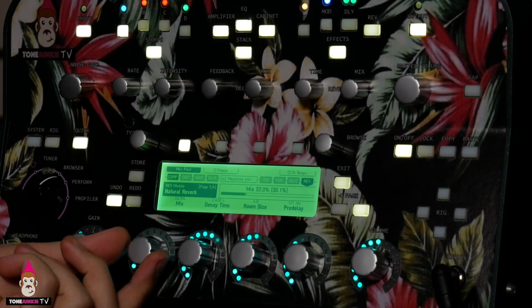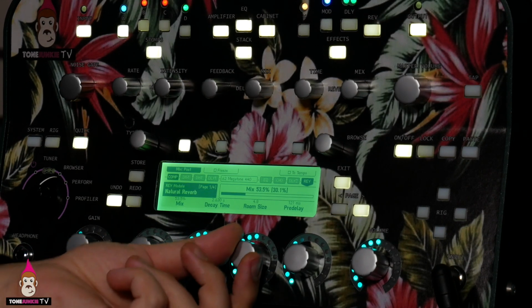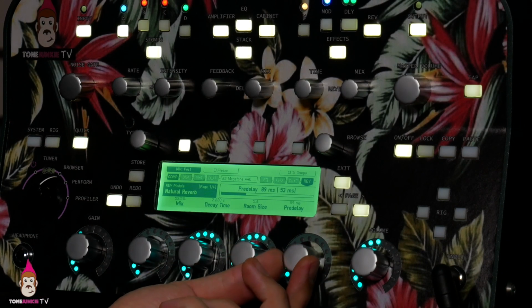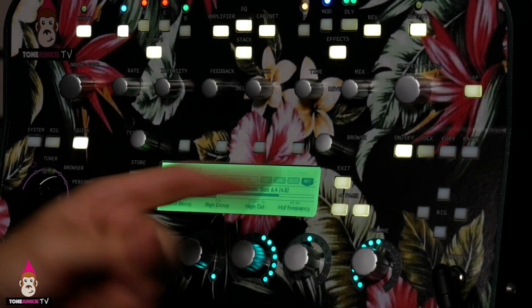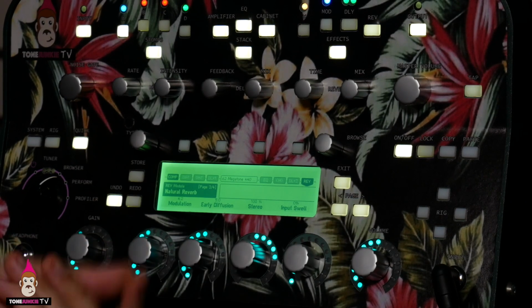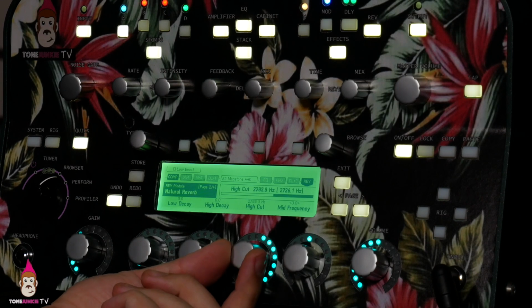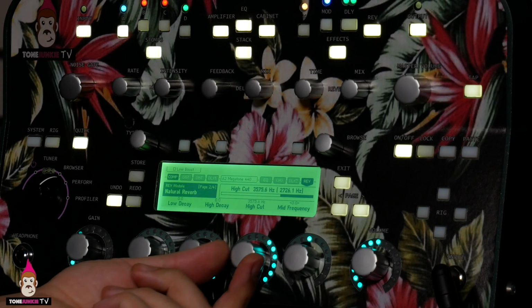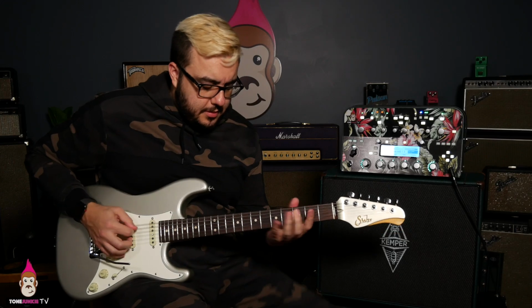Now, obviously, you can go for the more traditional, here's just a hall verb. I'm going to take that pre-delay down, move the room size up, make it a nice big hall kind of cathedral thing, and take off the mod. I personally always high cut a little bit, but let's say you want to open it up and do that brighter hall sound. I still like it right there. And we've got nothing else but a compressor on right now, and it gives you that sort of